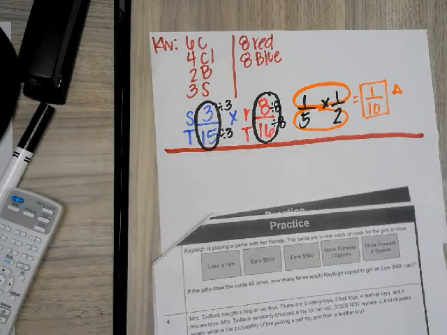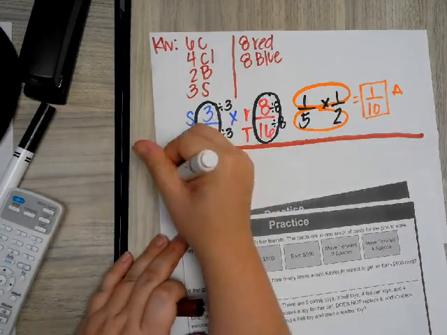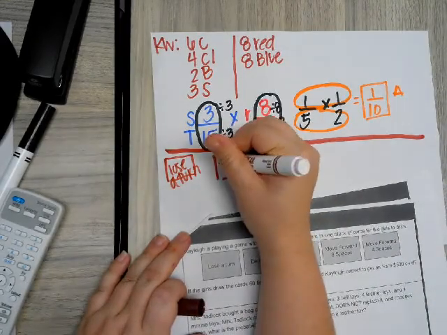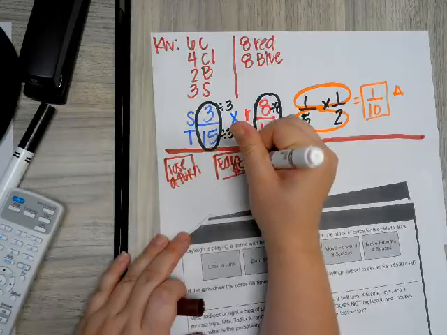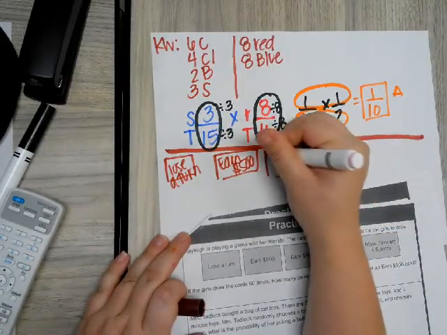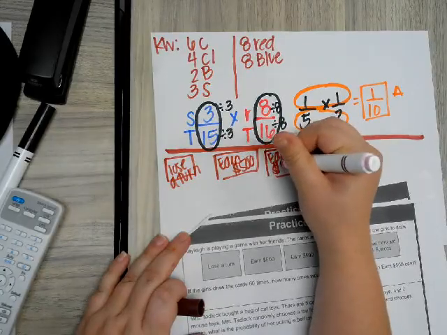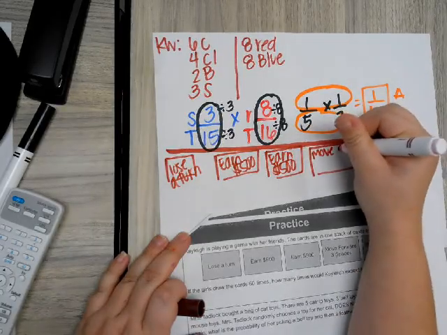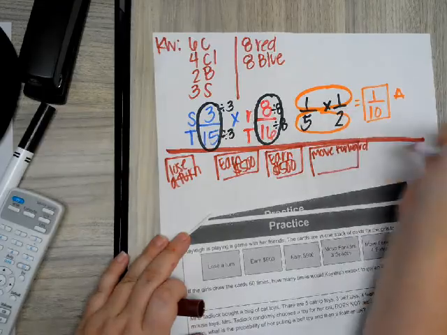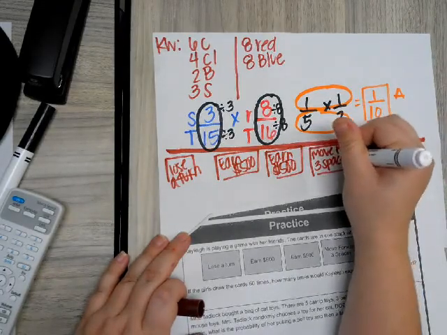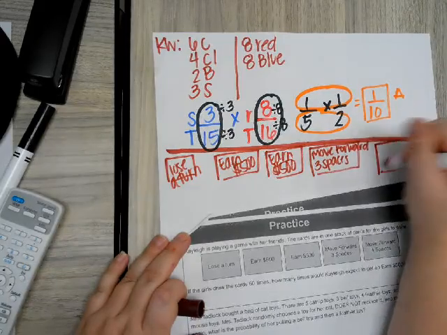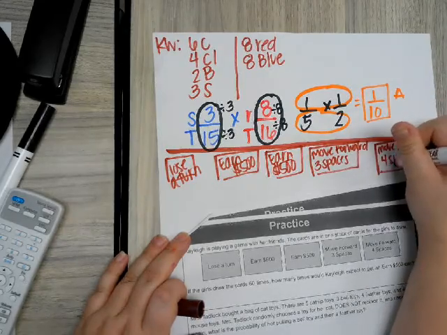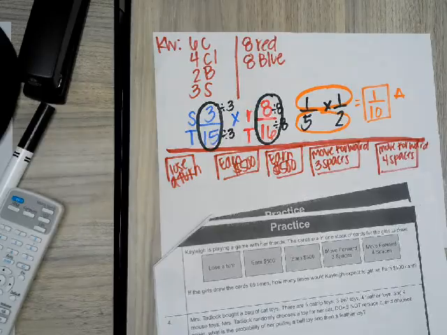So we have lose a turn, we have earn $500, we have earn $500, we have move forward three spaces, and we have move forward 4 spaces. Okay, if the girls draw 60 times,